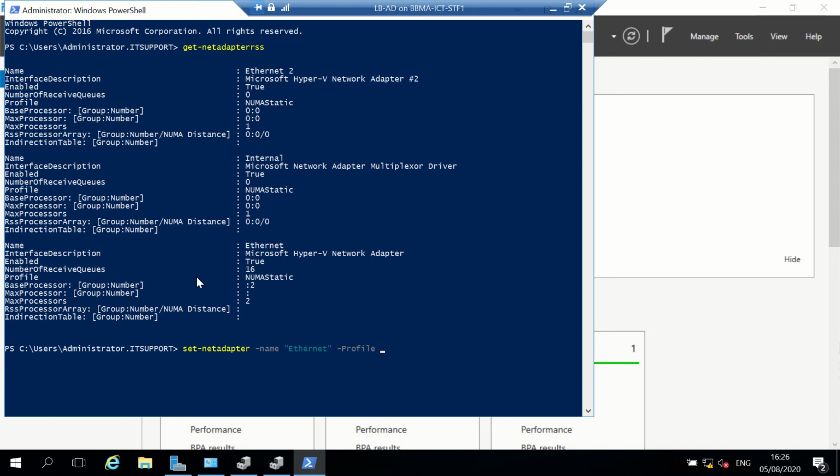Then there's NUMA scaling static, which again does the same as NUMA scaling, other than that there's no dynamic load balancing. And then there's conservative scaling, which we can use to use as few processors as possible. NUMA stands for non-uniform memory access. So it's essentially that they can all go to the memory, but they choose the closest one to it. Right, so I'm going to change it to, let's go for